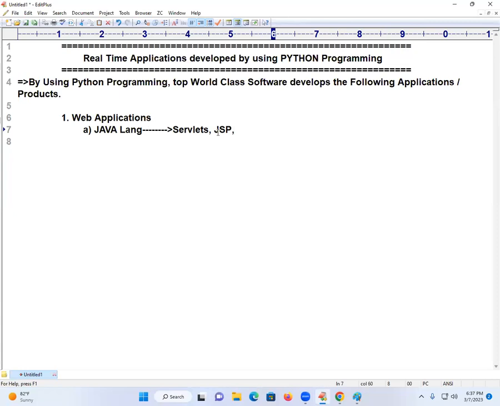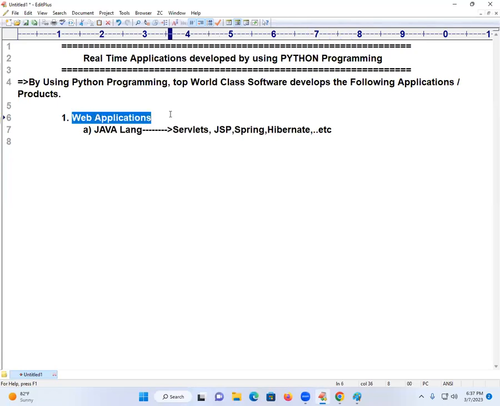Now, what else will we use? Spring. Next, we will use Hibernate. We will use Spring with microservices. Different technologies we use. By using this kind of Java language and these technologies, we develop what?